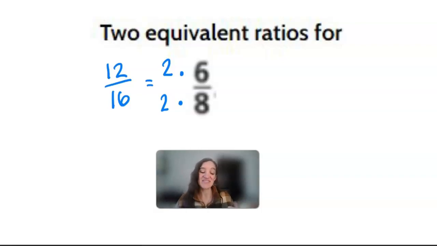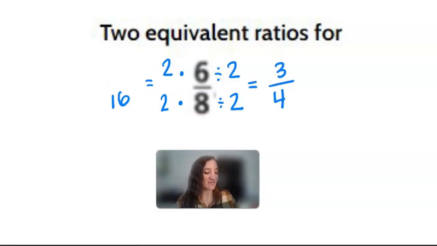Okay, but it's not just timesing. We could also divide or simplify. We could also simplify the ratio to be 3 to 4. So what we have here is we actually have, oh,